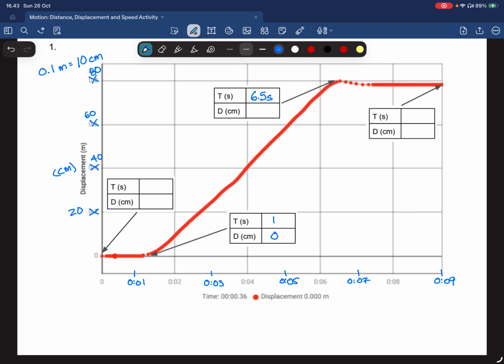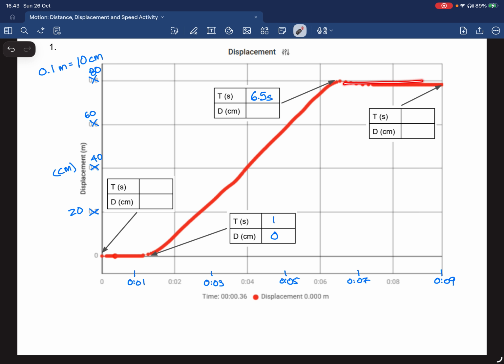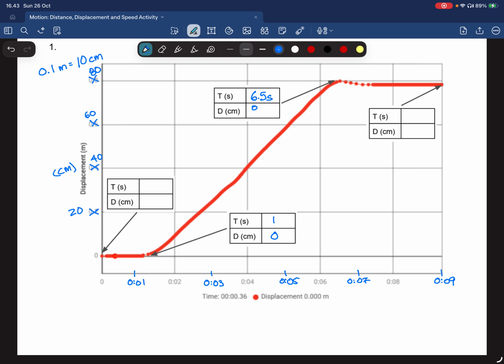Okay? So when I'm looking at where this thing stops, it basically stops right here. I take that line back. It stops at 80 centimeters. So at 6.5 seconds, I should end up at 80 centimeters. Okay, folks, that's the way that you figure out the time and the displacement. There will be another video on how to actually match